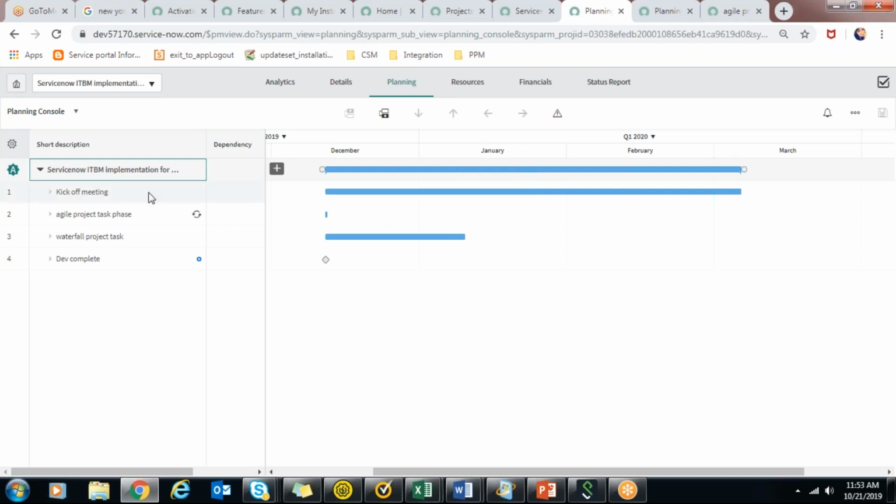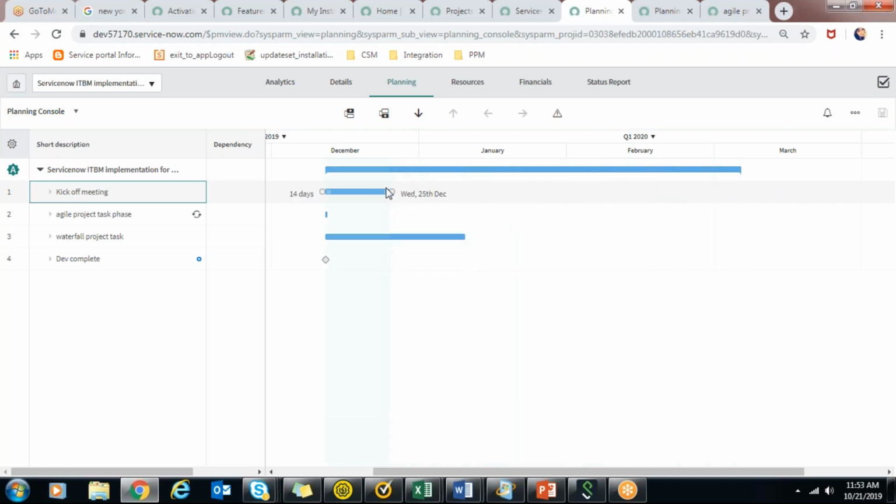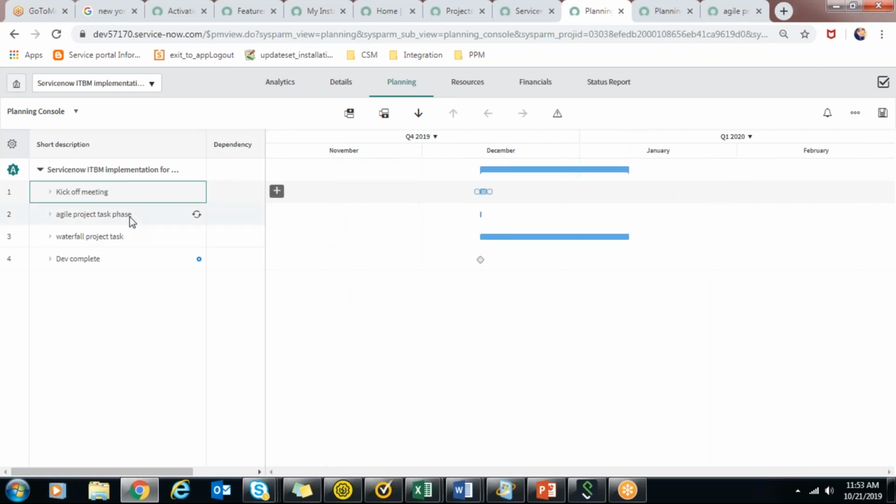So I want the kickoff day to be a 2 days task. So what I'll do, I can pull this here, make it like a 3 days task, and I want it to happen in such a way that this agile project task phase should happen only after the kickoff meeting.